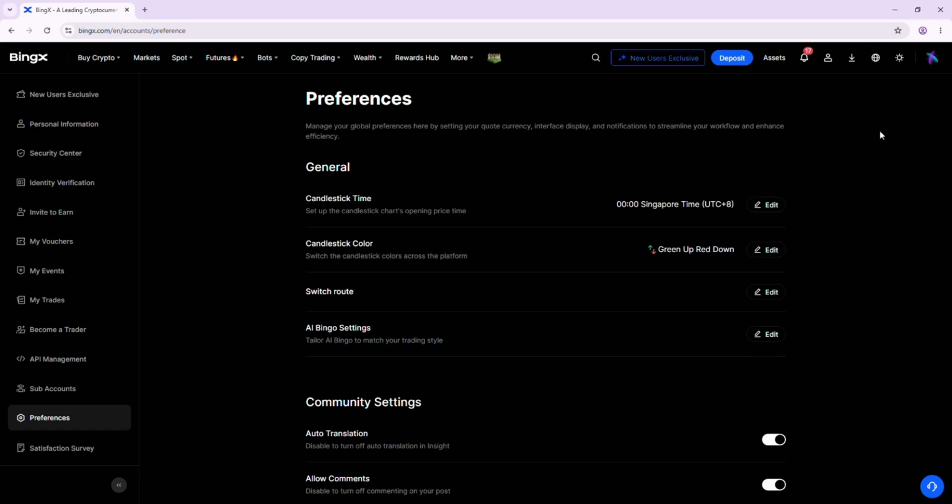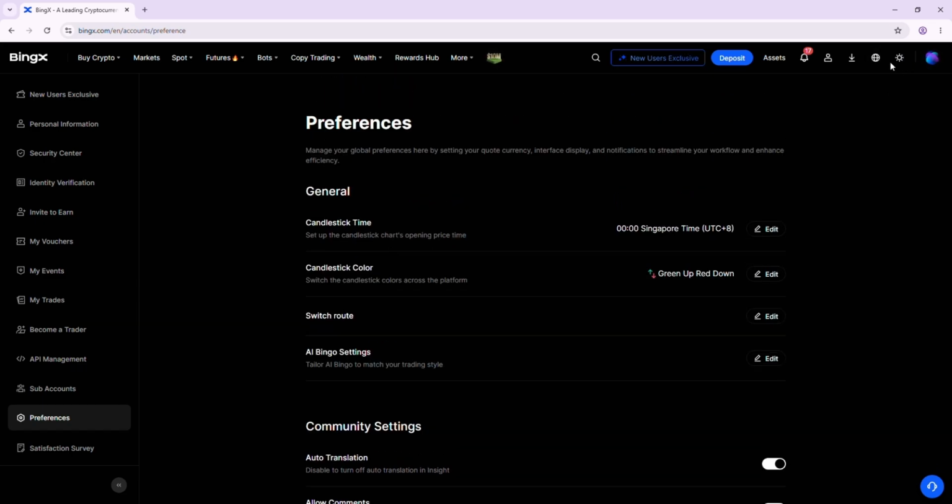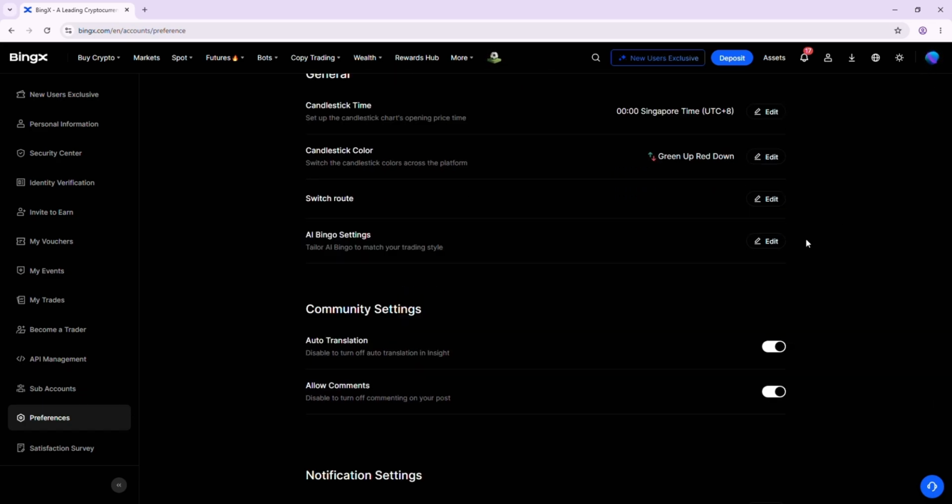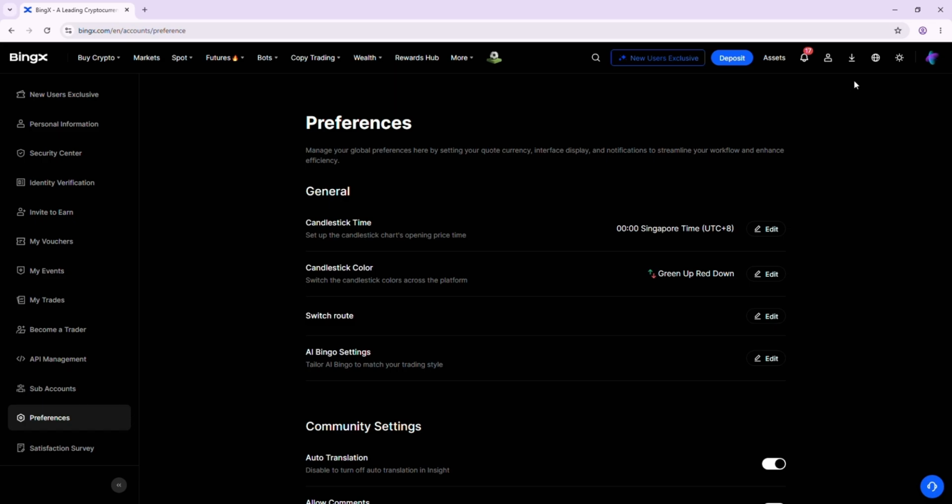If you accidentally change it and don't know how to switch it back, don't worry. Just go again to the top left menu, then find the setting area. Go to the same language section and